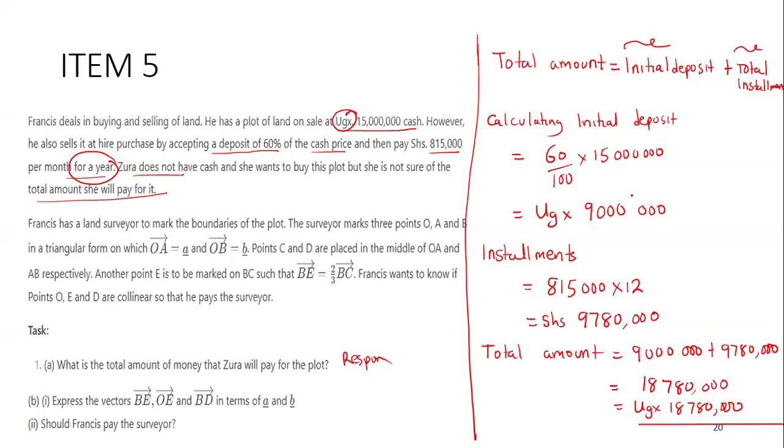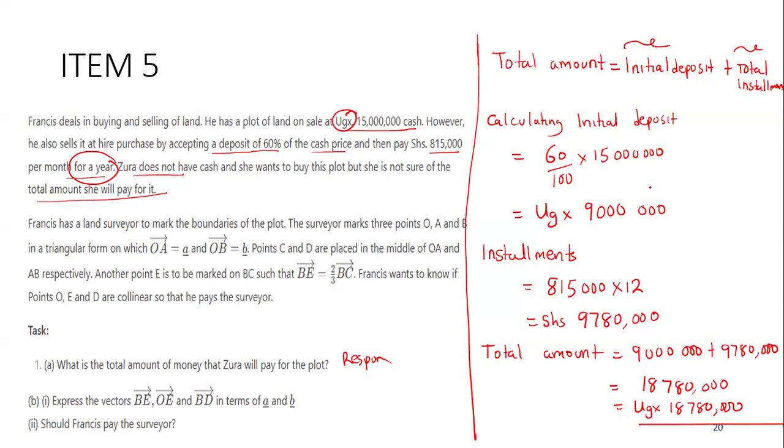Sometimes they give you the amount to be paid per installment, but they don't give you the number of installments. Then it may be hard for you to continue. But always there will be a hint, in case they do not mention it directly, that gives the number of installments. Take an example now for this question.